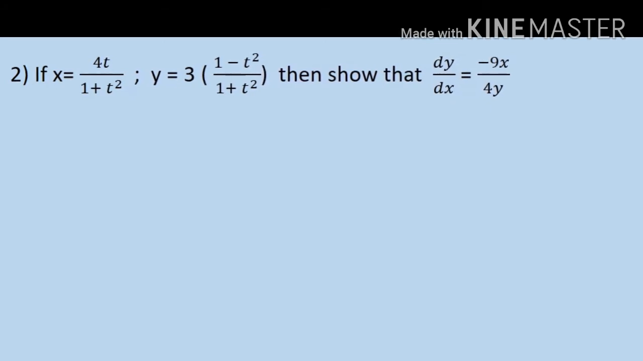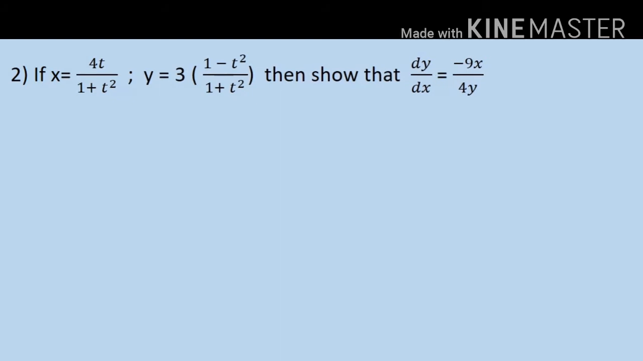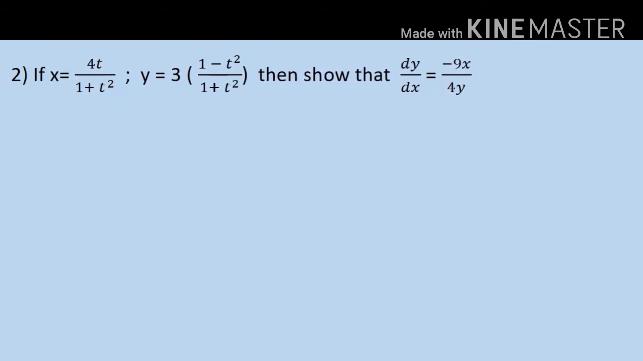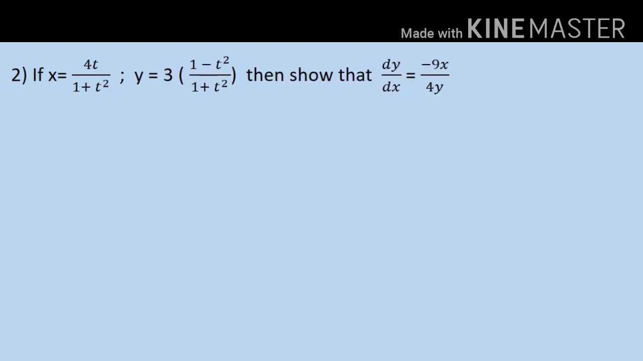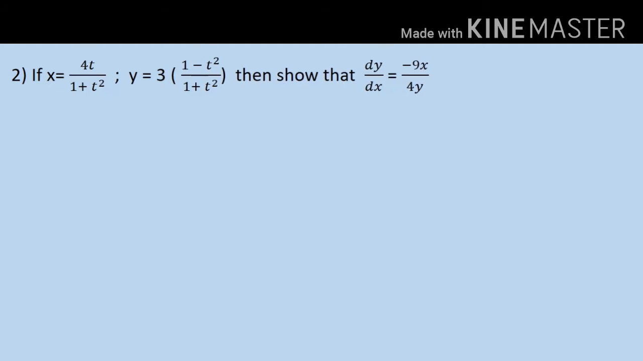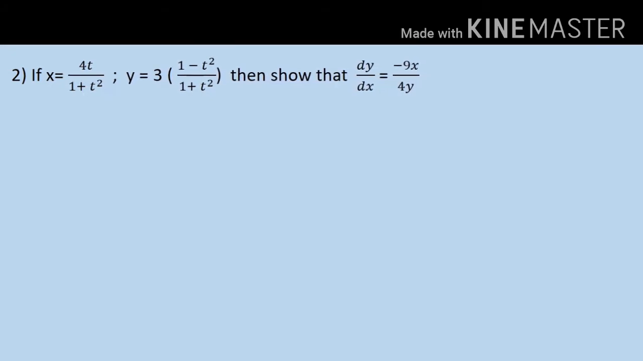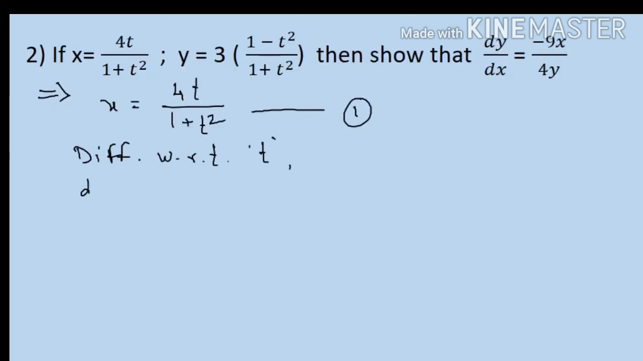See, if x is equal to 4t upon 1 plus t square and y is equal to 3 into 1 minus t square upon 1 plus t square, then show that dy by dx is equal to minus 9x upon 4y. So let us solve. X is equal to 4t upon 1 plus t square. Now differentiate with respect to t. So you get dx by dt